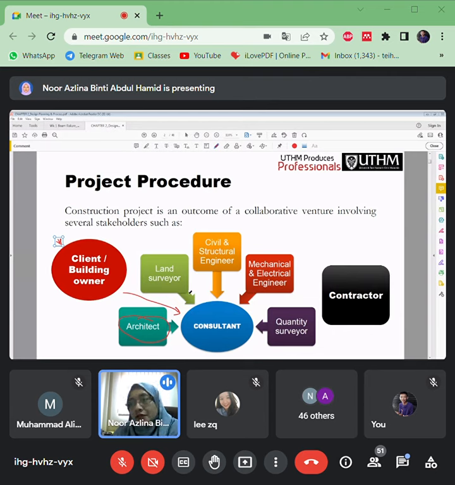Then the other is the land surveyor. This is also a very important team member, to do the levelling, the topography, the locations of the buildings, how about its facing, the directions, positions, and so on.